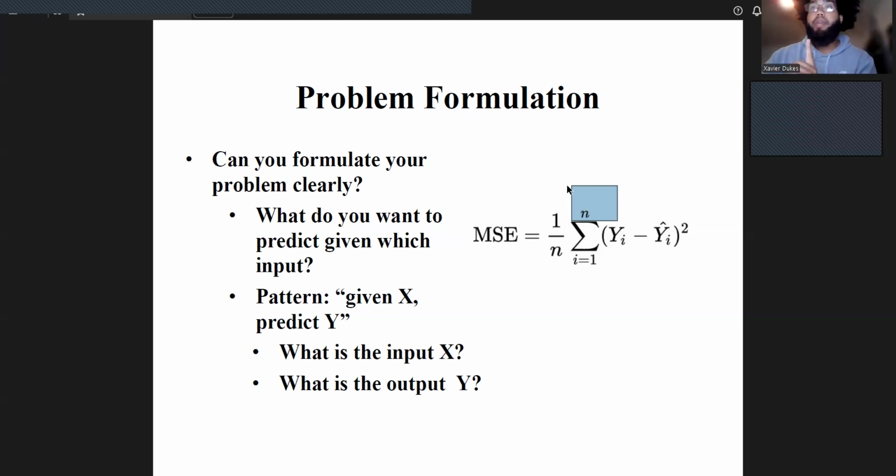So the first time we input a value, we got 3 with an error of 1. Next time, we got an output of 6. We know the ground truth is 4. So that's an error of 2. But now we square it, mean squared error. We square it, and so that's an error of 4. It penalizes the model more significantly the further you get away from the ground truth. Those errors are larger as you move further away from the expected value.